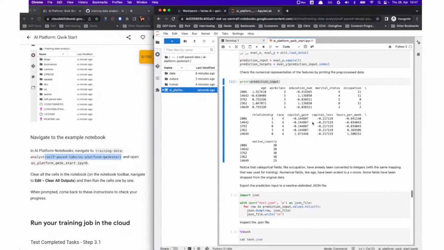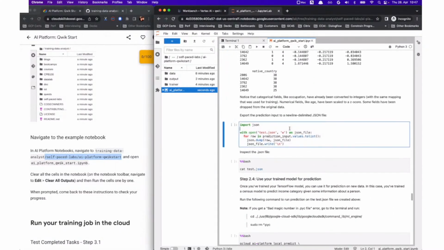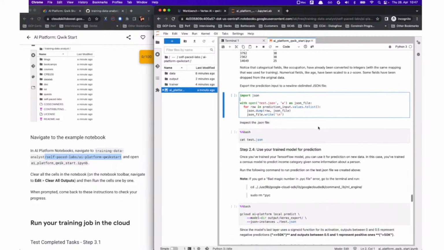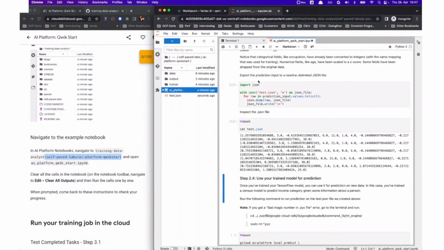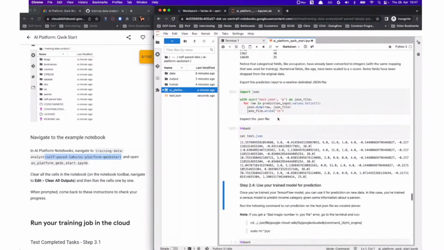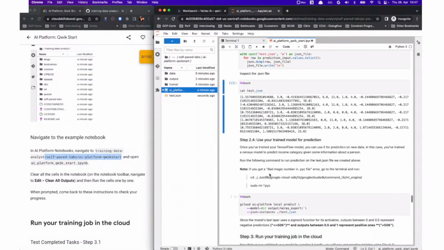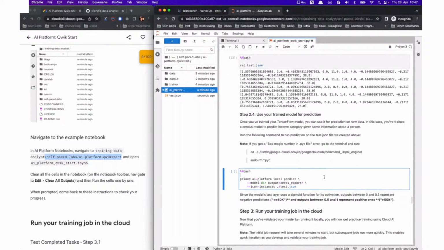Okay. So with that data, the next step is to actually go ahead and try to run a prediction, right? I'm going to quickly go through these steps. We're parsing the data we have and putting it in an input-friendly fashion. So basically a CSV file. Well, this is a JSON file, comma delimited, and that is what AI Platform will take as an input